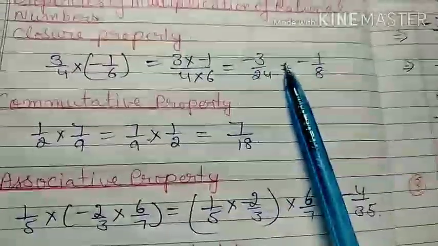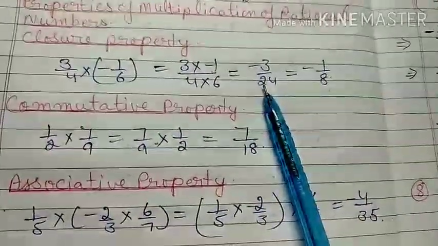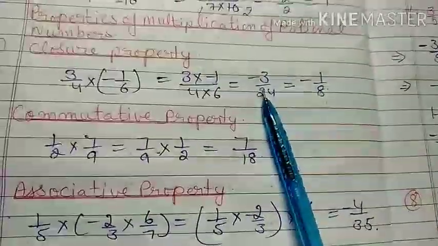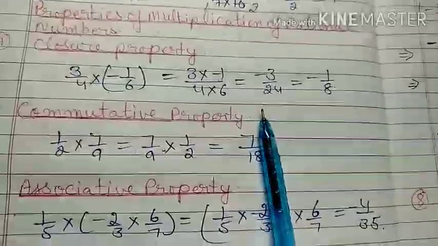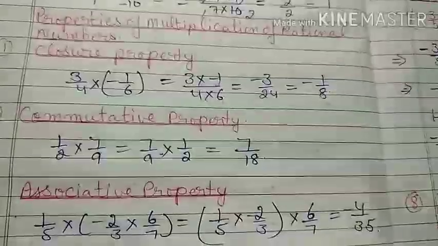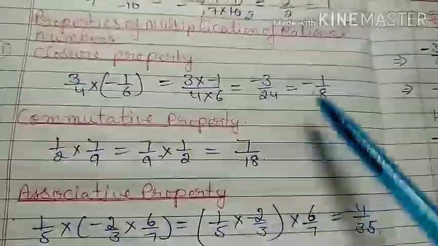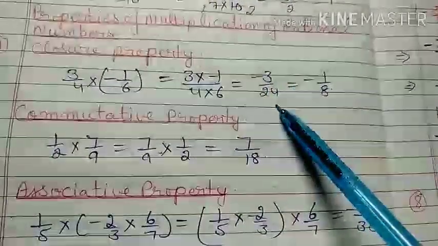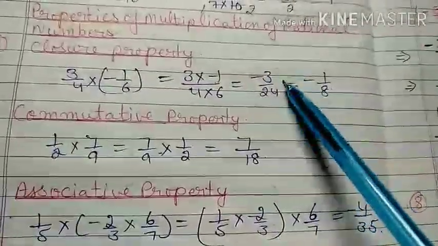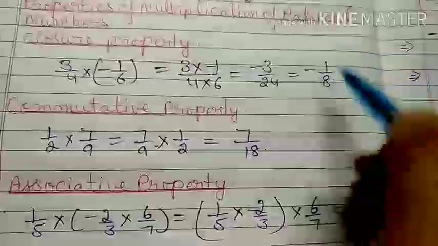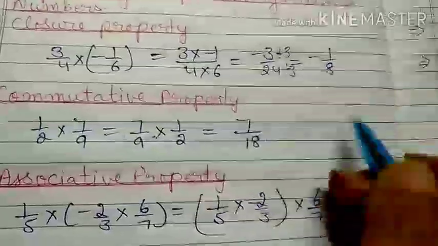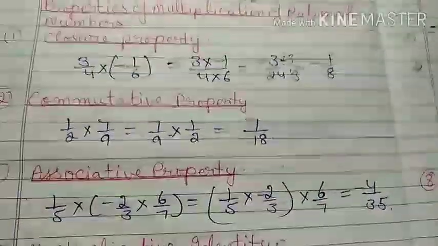And when you convert into lowest form, the method of finding the lowest form is, you first have to find the HCF of both numerator and denominator, and you have to divide numerator and denominator by the same HCF, then you will find the lowest form of the fraction. If I have a number minus 3 by 24 and both come in the 3 table, that means HCF of 3 and 24 is 3. When you divide by 3 both numerator and denominator, your answer will be minus 1 by 8. That is the lowest form.